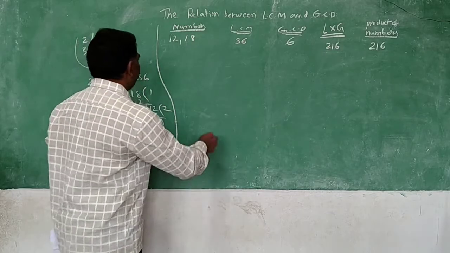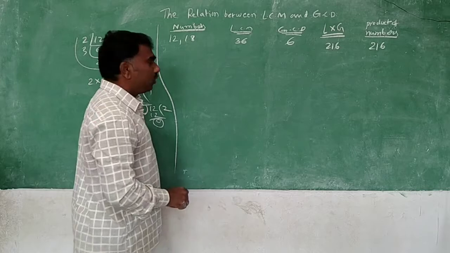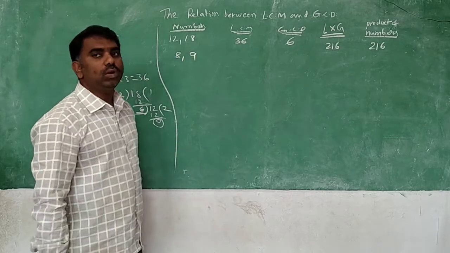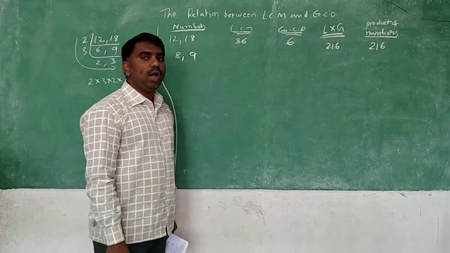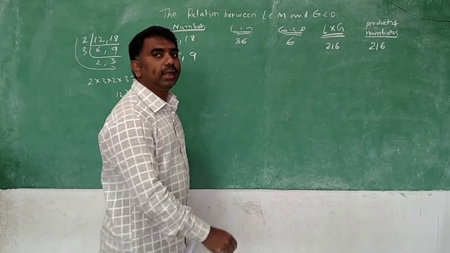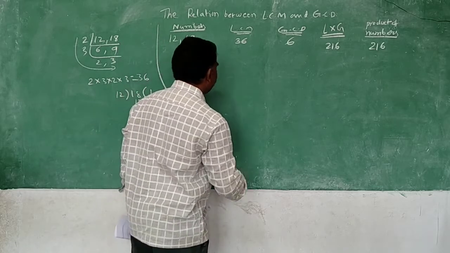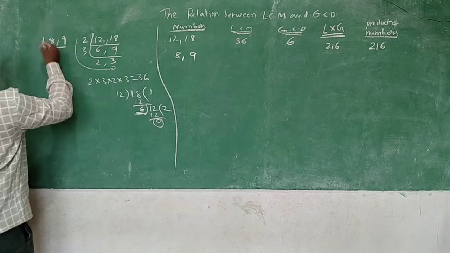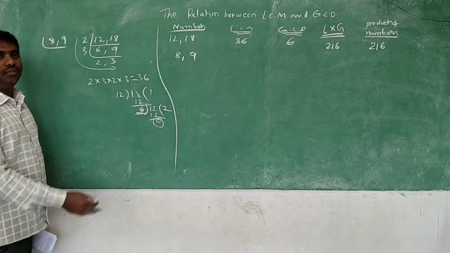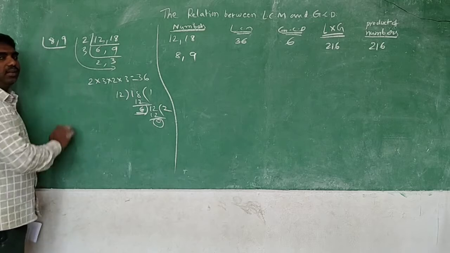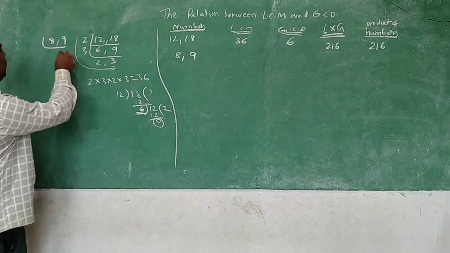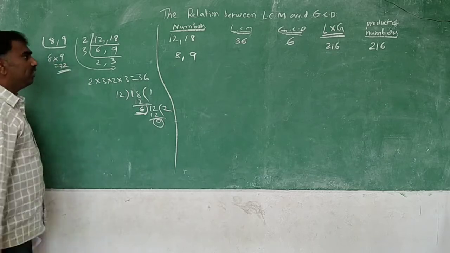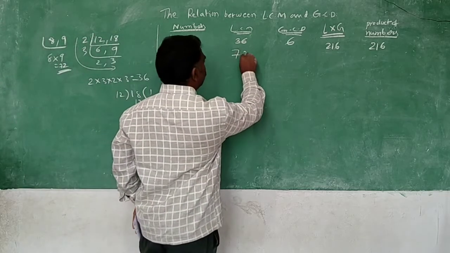Okay, then I will take one more example. The LCM and GCD of 8 and 9. I have taken the two numbers 8 and 9. Now I will find the LCM of 8 and 9. You know the LCM process. But when I observe here, no table is suitable for both of these, so directly I will multiply these both. 8 9s are 72. So the LCM will be 72.